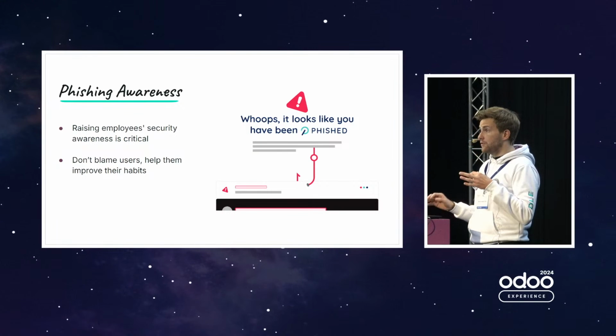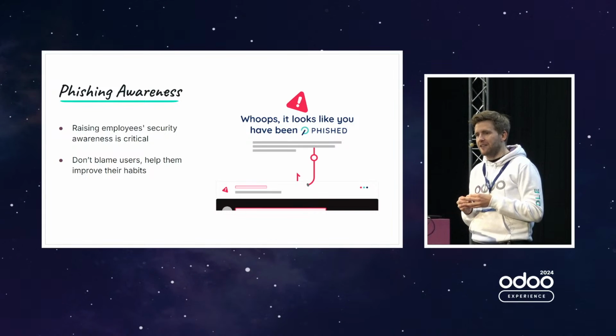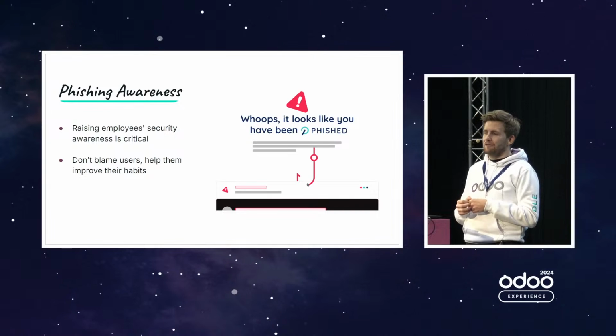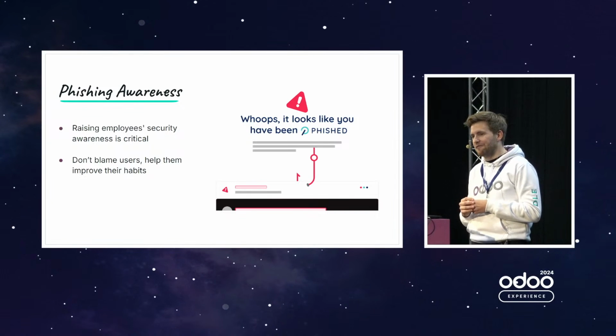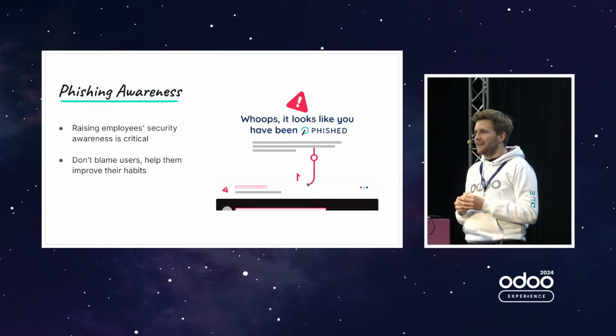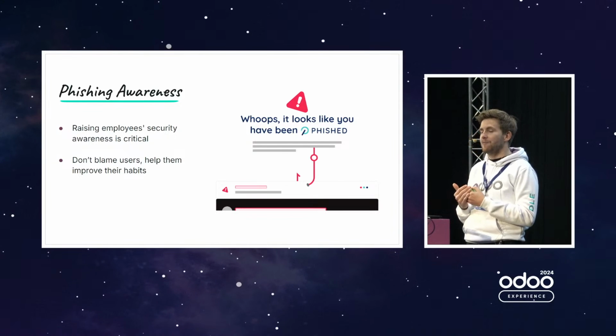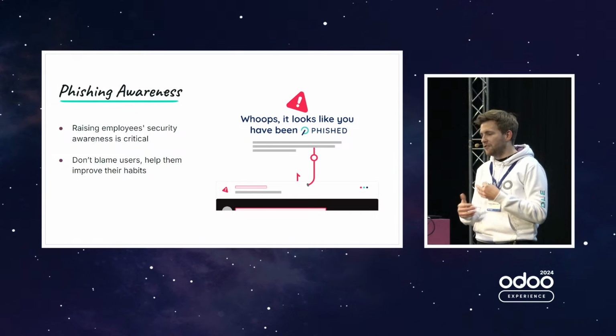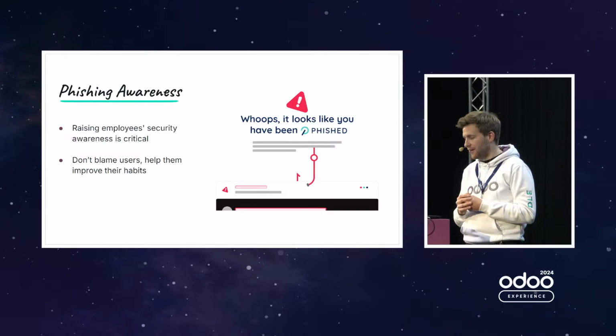And we are also sending fake phishing mails, a simulation of phishing, to see if they get trapped or not. We have data for each employee, and we can tell, okay, this one is good and this one is not good. But we do not blame the employees. If someone falls into a phishing trap, we believe that this is our fault. We failed training them about phishing, or the process is not right and needs to be fixed.